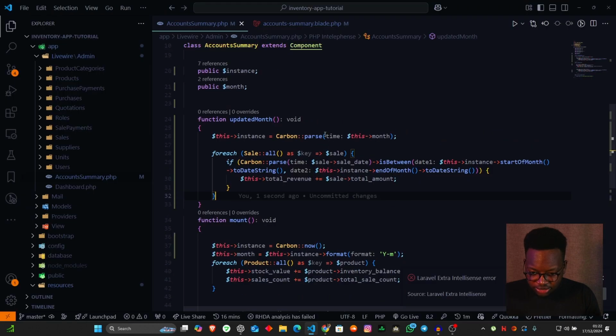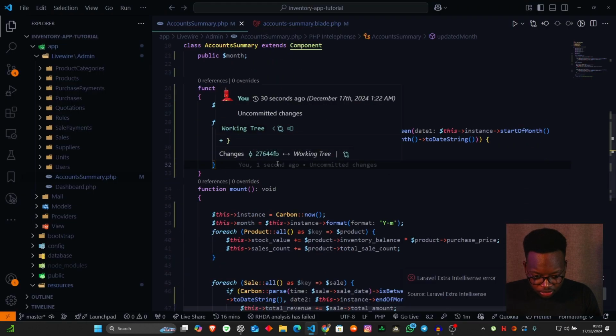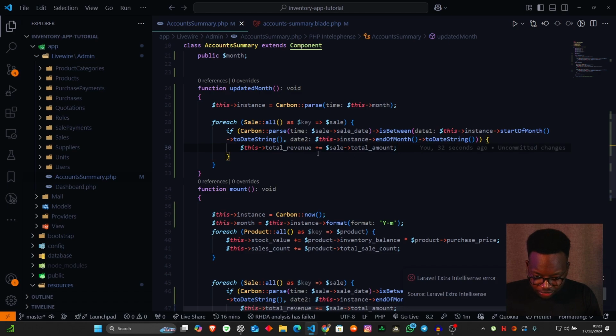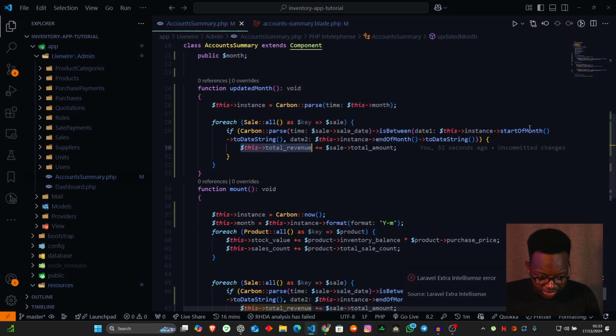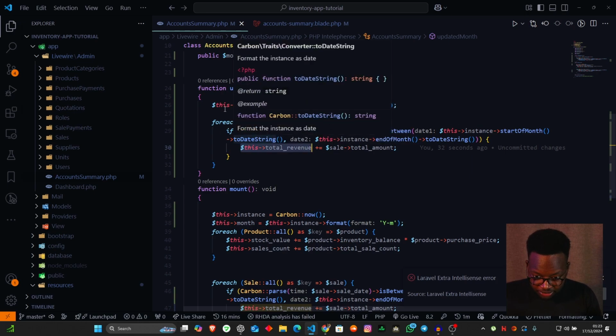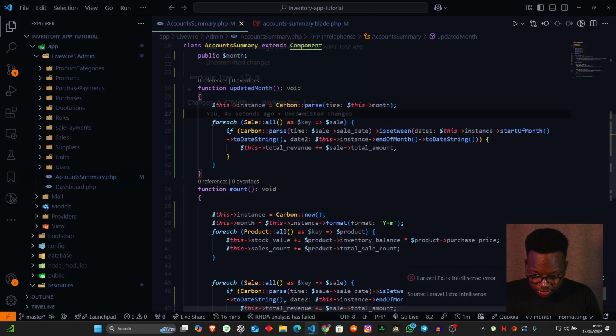So you can see it's adding up on all those different values. The reason it's adding is because we have to start by declaring that this total revenue is something different, starting from 0 at the very beginning. So after you change this, you'll come in here and say this total revenue is equal to 0, and then